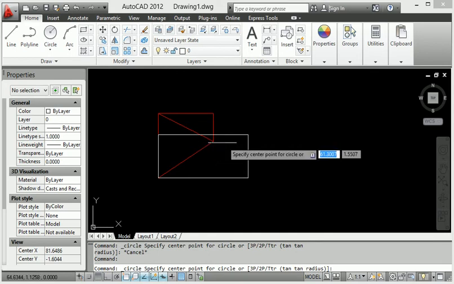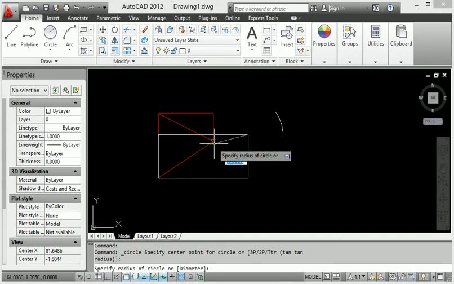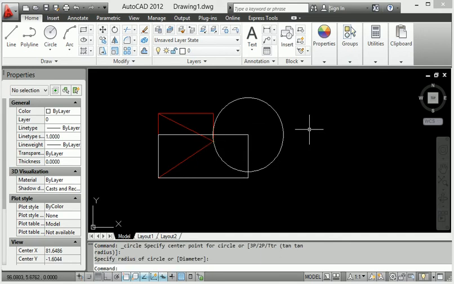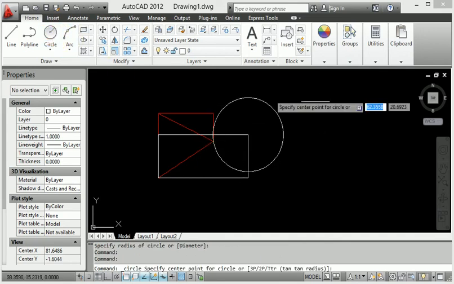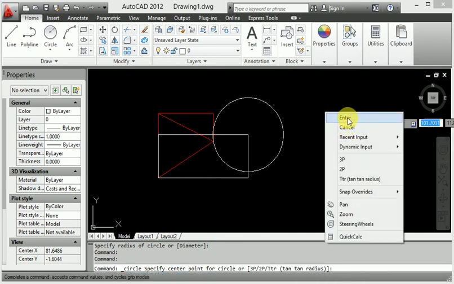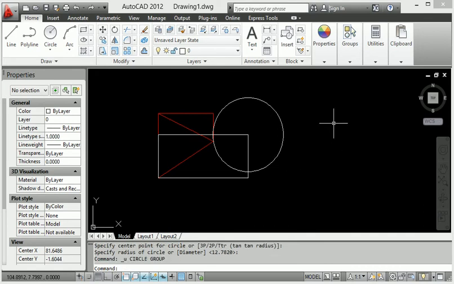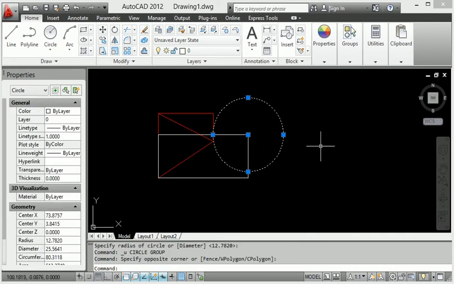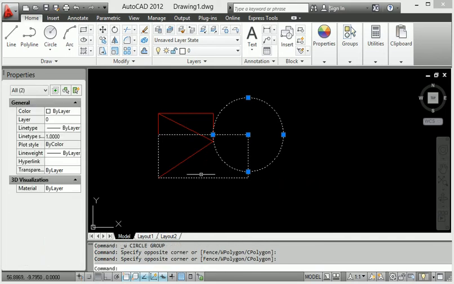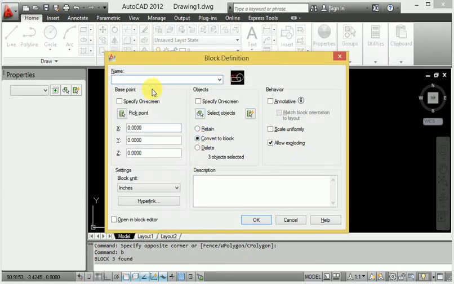If I create a circle, right, this is the circle here, and I want to select it. Selecting this circle is called an individual selection, right? But this is the whole body selection, and for the whole body I need the block definition.